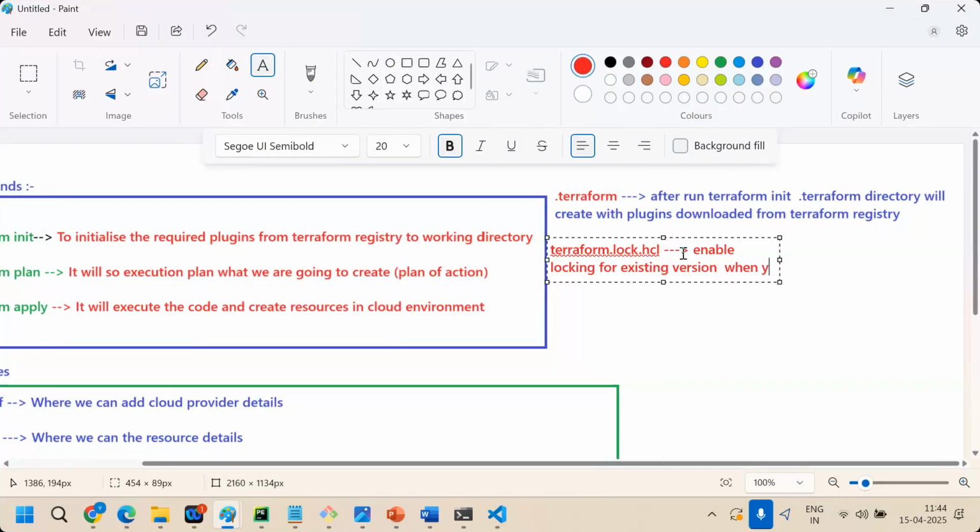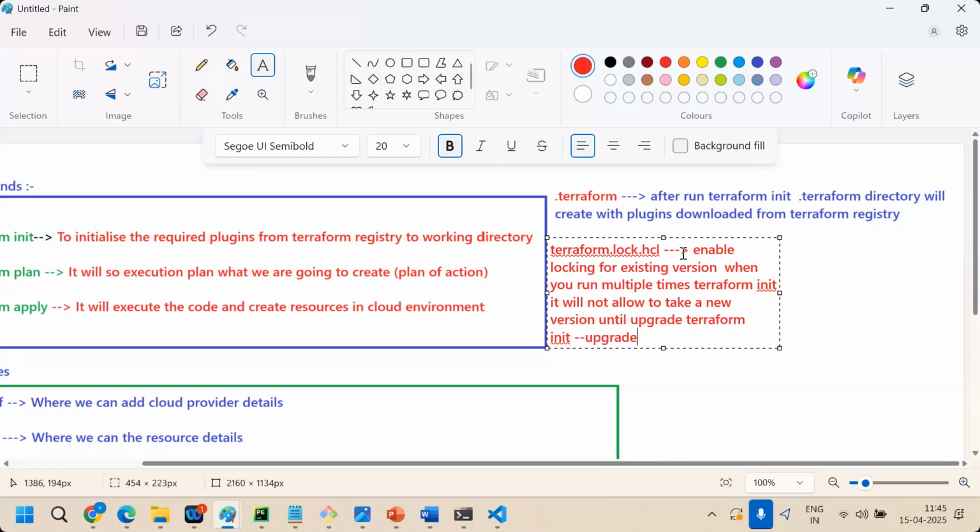So when you run terraform init multiple times, it will not allow taking a new version until you use the upgrade command: terraform init -upgrade.